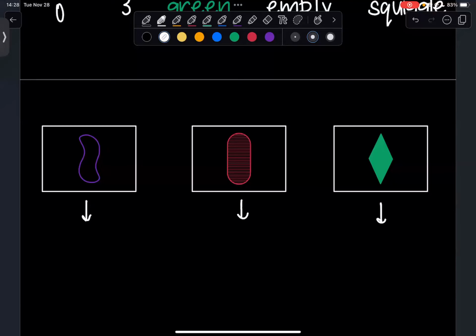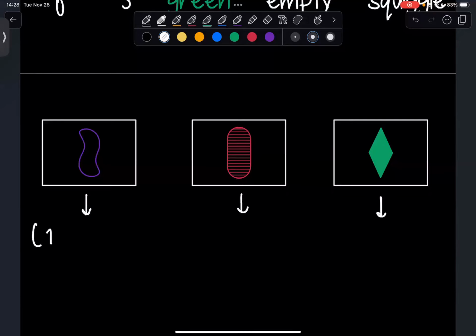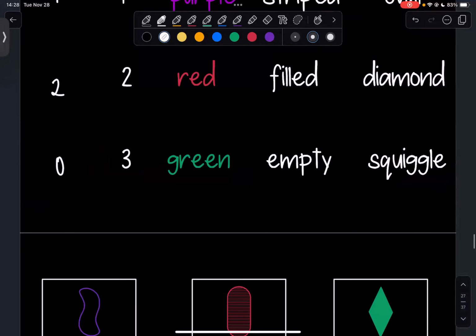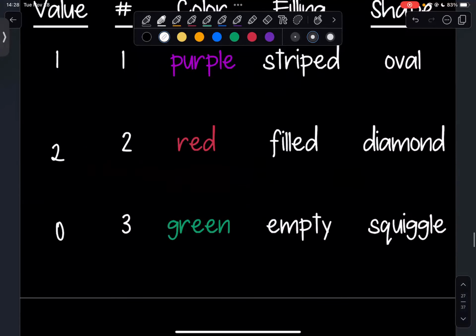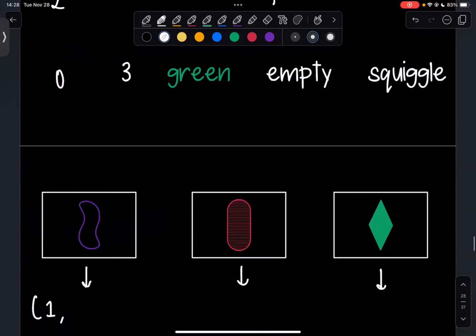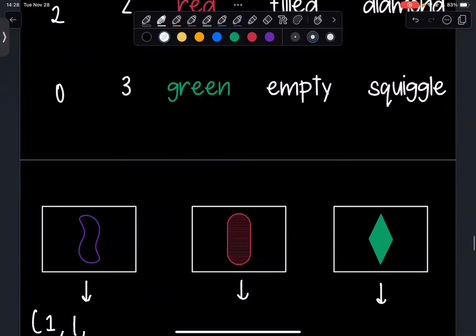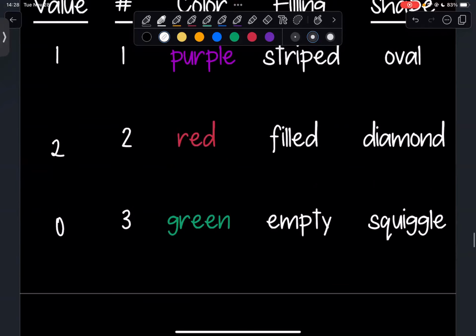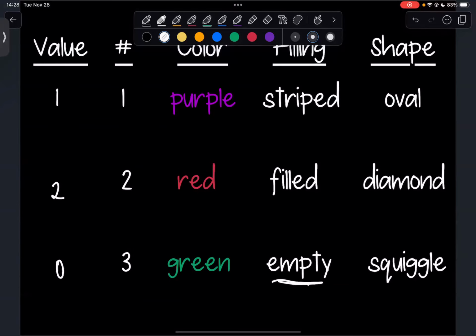So for this first one, we have 1 as the number of shapes showing up. So that value is 1. We can look up. This is going to be purple and empty. So for color, it's going to be 1 as well. Said it was empty. So for the filling, it's going to be 0.